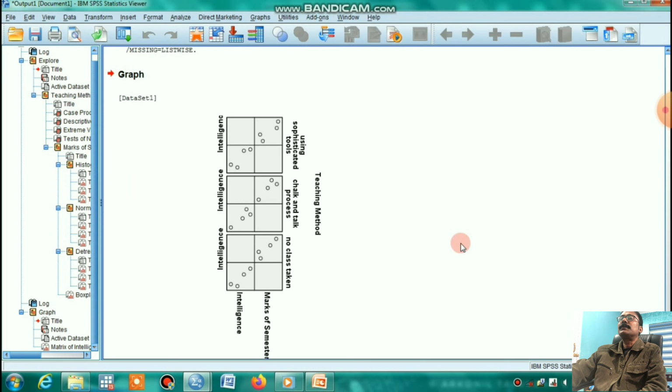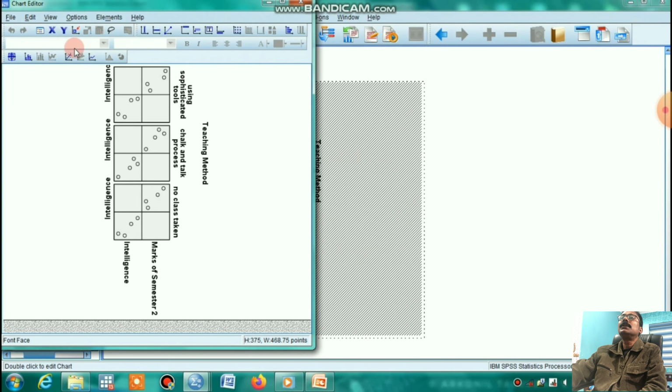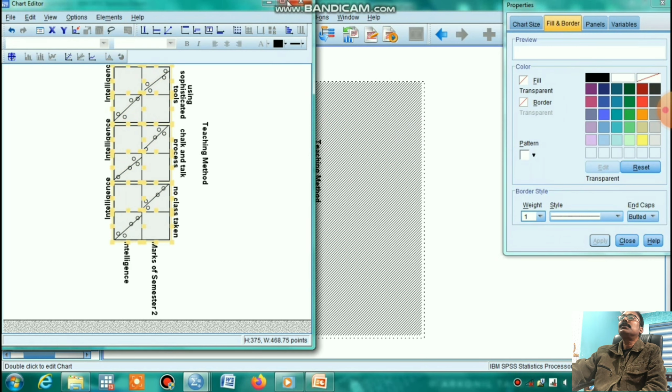Okay, so it shows a pattern more or less from the left-hand corner to the right-hand corner. In other words, linearity may be shown in this way also. So this shows that linearity exists between the covariate and the dependent variable at each level of the independent variable.